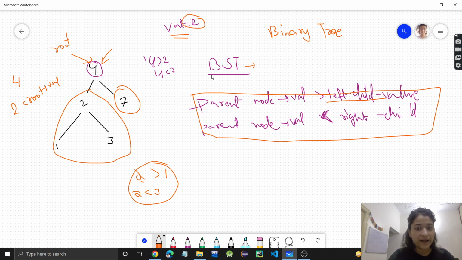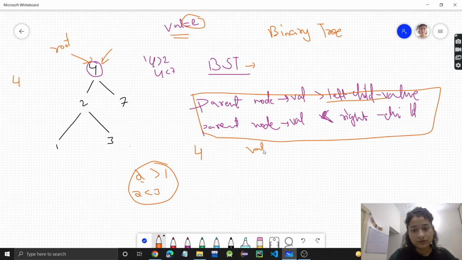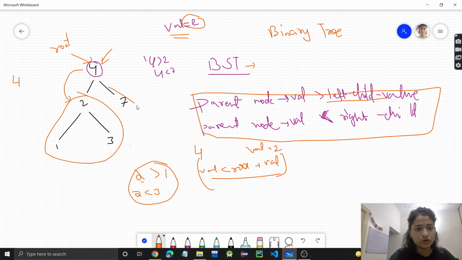So if a binary search tree is given, we do not have to check in both the parts, left part and right part. We can simply move according to the value. We will compare it with the root. So root is 4 and the value which we have to find is 2. So the value which we have to find is less than the root value, right? It's less than the root value. So what we will do, we will go to the left part, this one. No need to go in the right, obviously it will not be present, na. So we go to the left part.